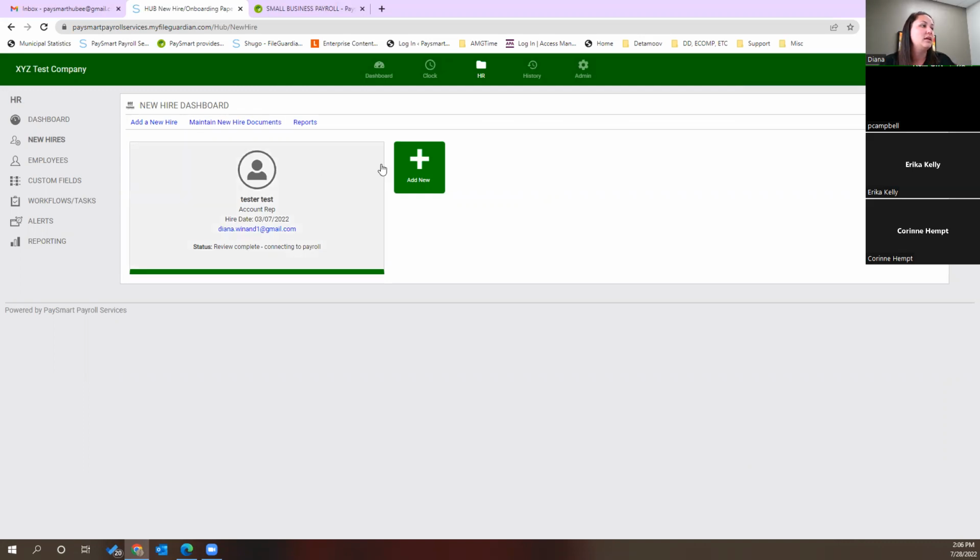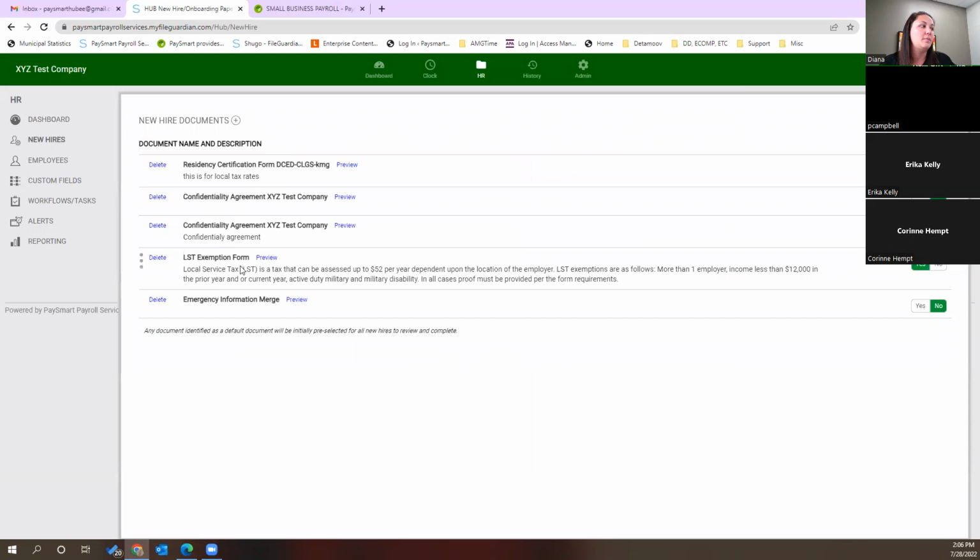And in here, we can click add new. We can also maintain new hire documents. So we will automatically upload the LST exemption form. We'll also do a residency certification form for your company as well. But if there's any company specific documents that you as the employer need your employees to fill out, you can